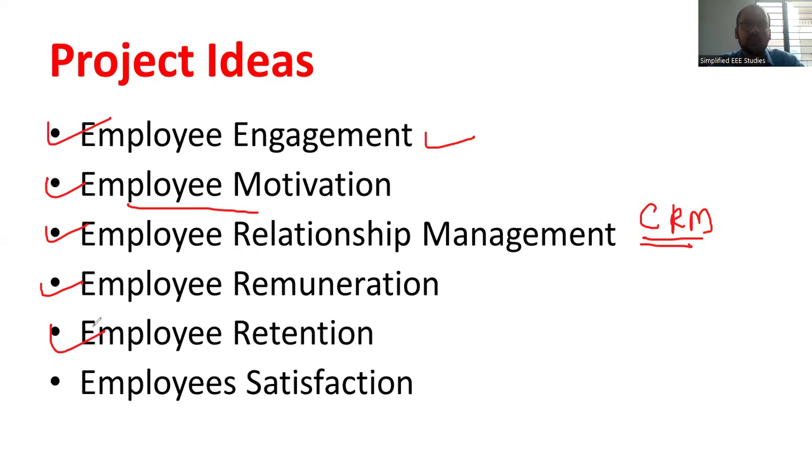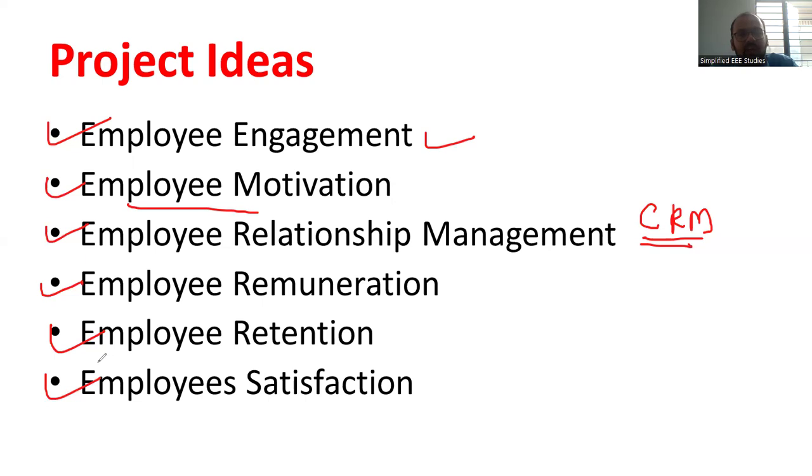Employee retention. What are the major factors considered for retaining the employee? Nowadays, HR executives are mainly worried about how to retain talented employees. What will happen if the employee retention rate is very low? The problem is that employees are frequently floating, and it will negatively impact the organization. That is true. Employee satisfaction. What are the factors which are affecting employee satisfaction?